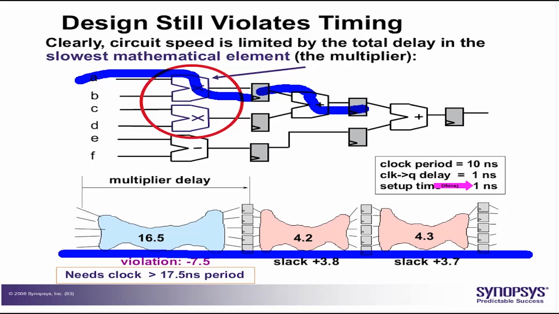Ideally, the end-to-end path should be fine because the total slack, negative 7.5 plus 3.8 plus 3.7, is 0. So ideally, is there a way now to use this? This is called time borrowing, right? I want to borrow the time from here to there, or this time to here. Both of these positive slacks, I want to borrow it and